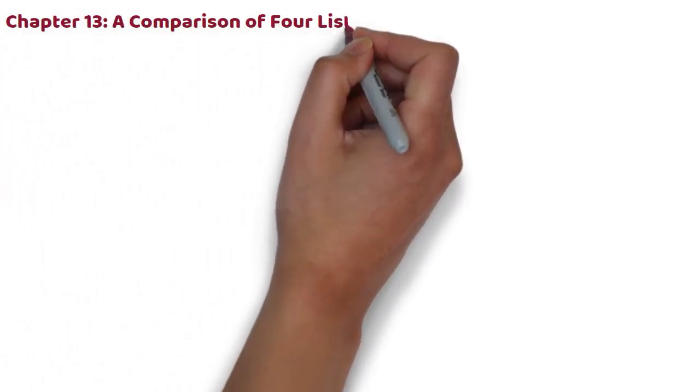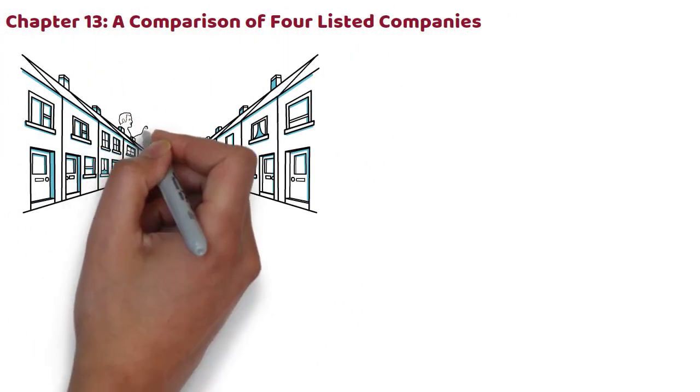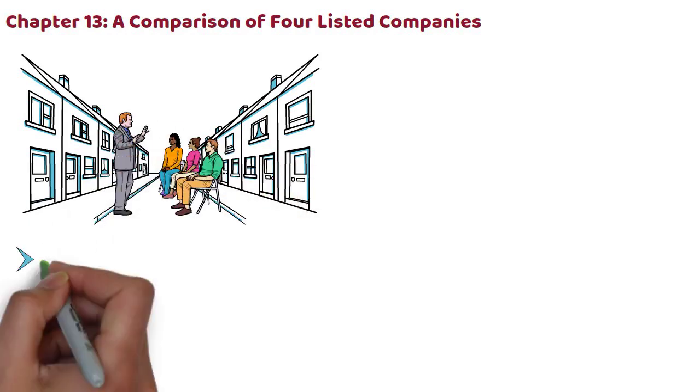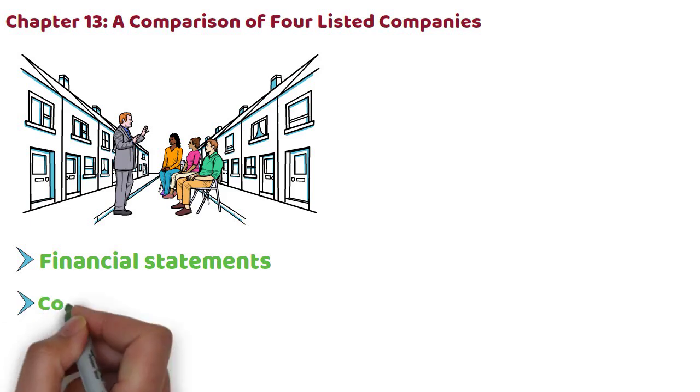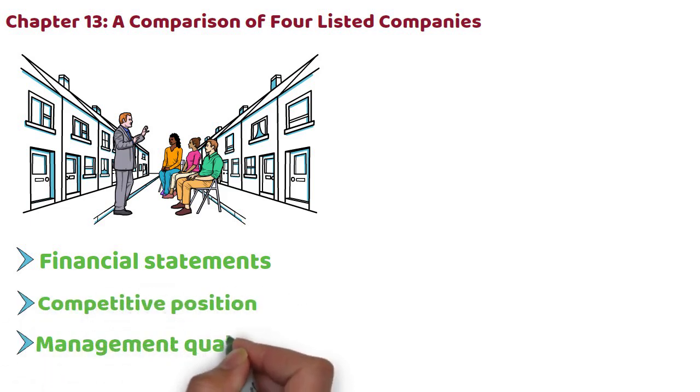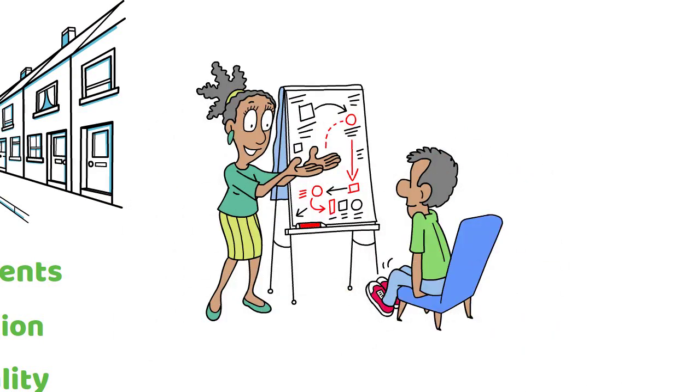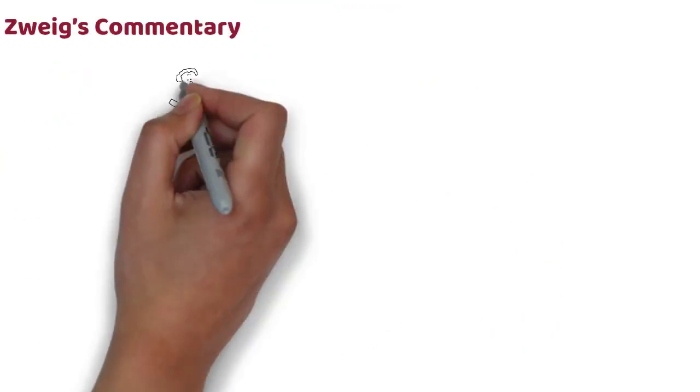Chapter 13, A Comparison of 4 Listed Companies. Graham provides a detailed comparison of 4 companies to illustrate his approach to security analysis. He examines each company's financial statements, competitive position, and management quality, demonstrating how to apply the principles of value investing in practice. Zwig updates Graham's analysis by